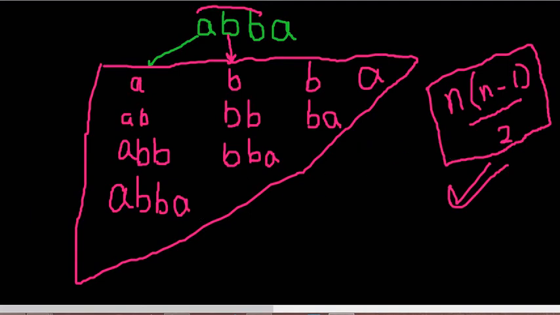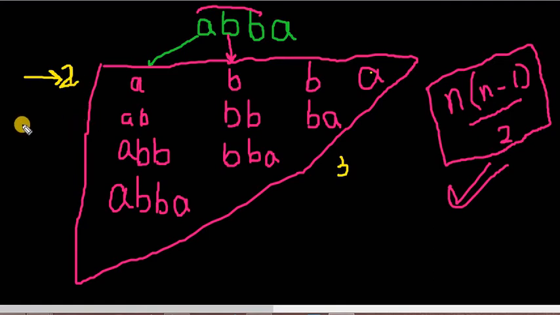Now, as these are the number of substrings, let's check how many anagrams could be found. In order to be anagrams, the number of characters needs to be the same. This line is length 1, then length 2, this line represents length 3, and so on. For A, I get another A, so that is a pair. For this B, I have another B, so that makes a pair as well. So the number of pairs for single characters would be 2.